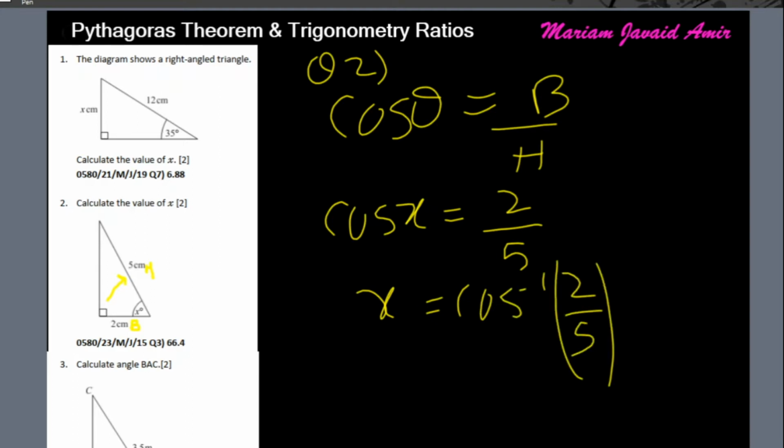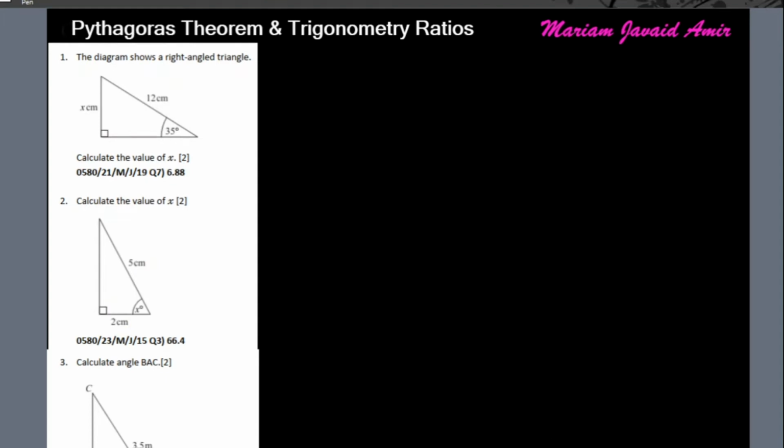Enter this in your calculators. Shift cos 2 by 5. This gives 66.4218. So 66.4. Okay. Question 3